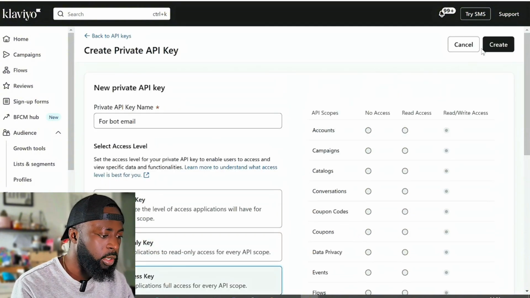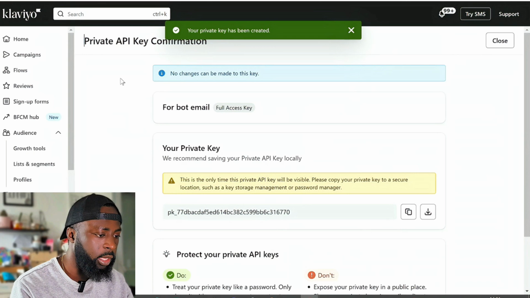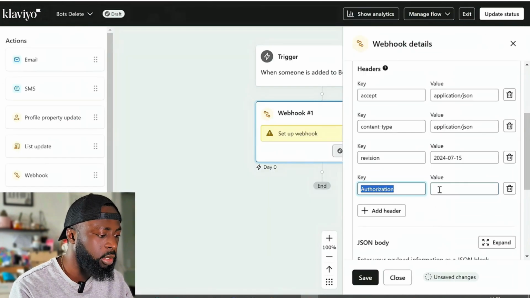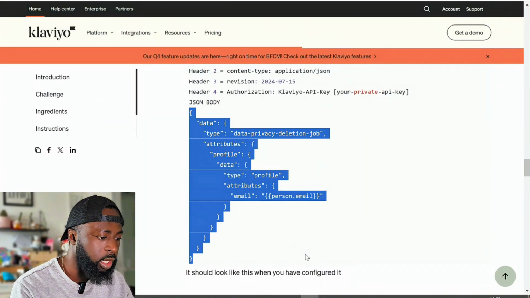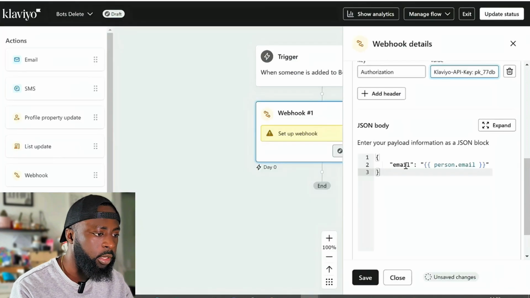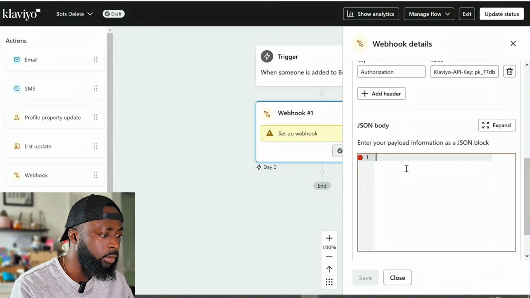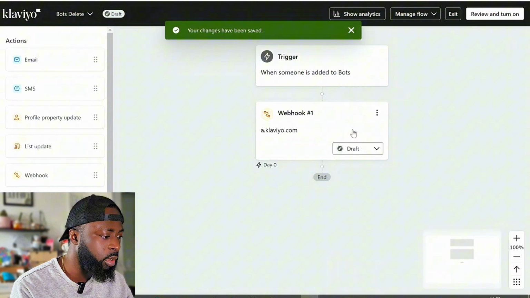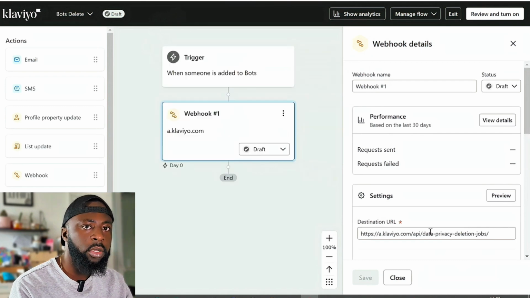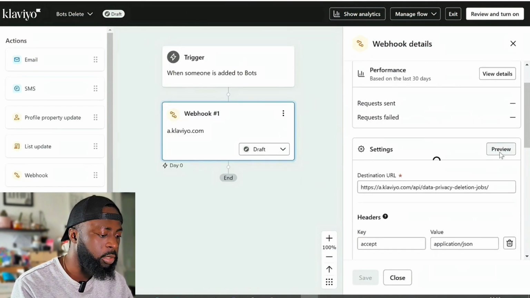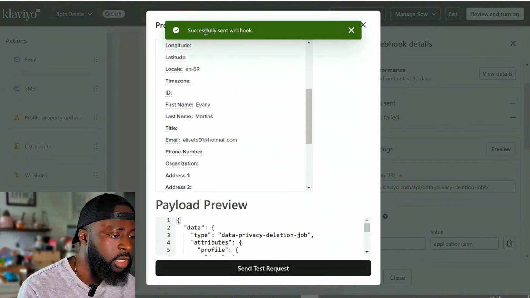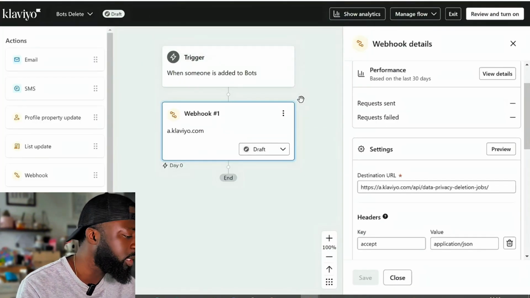After figuring out your Klaviyo API key, this is what that's going to look like. And you're just going to paste that in this section here. And the next thing you want to do is copy this code right here, this JSON body. You want to copy everything here and click on save. To know if this is working, what we want to do is preview it. So we're going to go up here, then click on preview. And we're going to send a test preview and just see if that is working. So you can see now it's saying successfully sent webhook, and that means everything is working